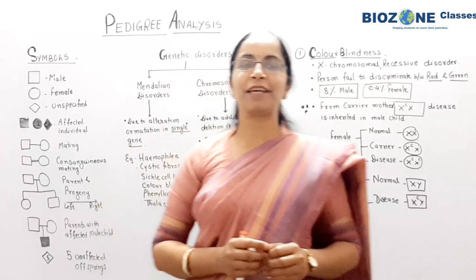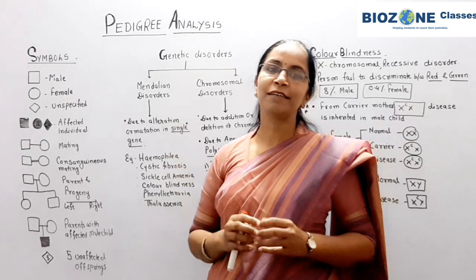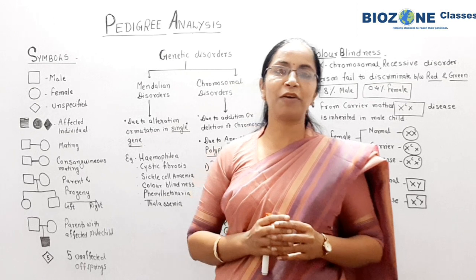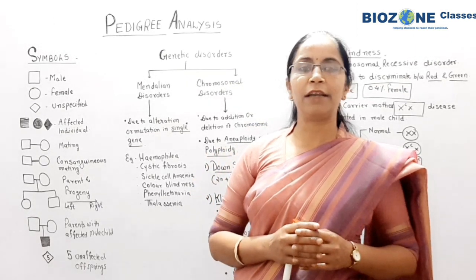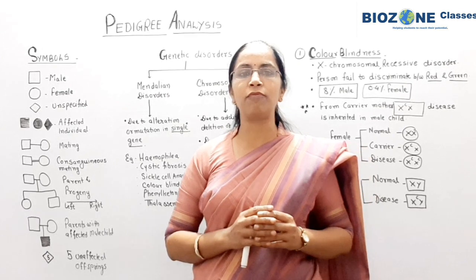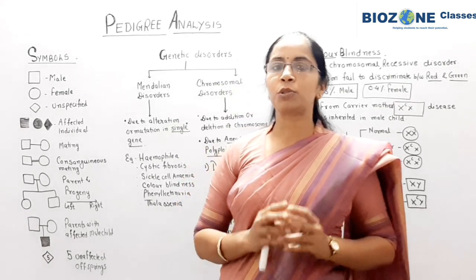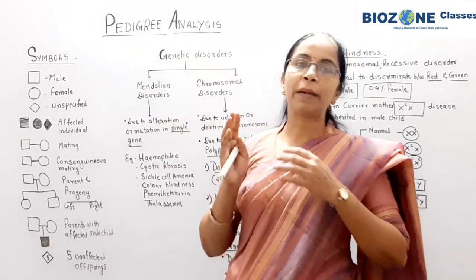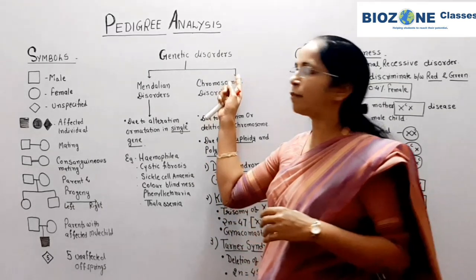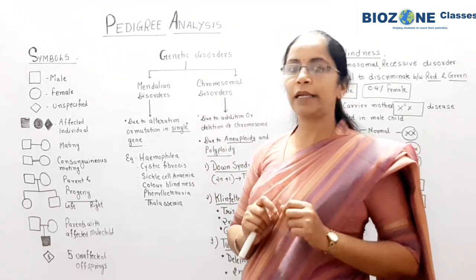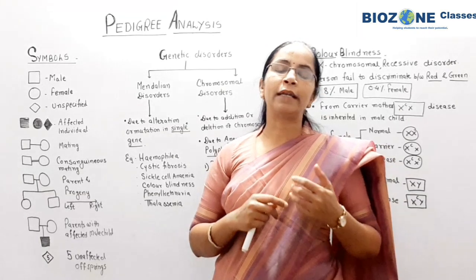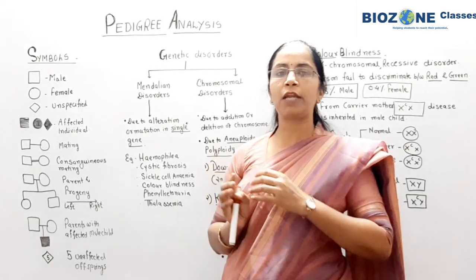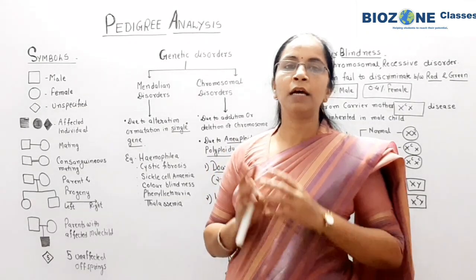So students, let's begin with pedigree analysis. Pedigree analysis we all know. Basically we use it for the study of the pattern of genetic inheritance in the family history of a particular disease. So when we use the term pedigree analysis, remember it is only associated with a particular genetic disease. And secondly, in pedigree analysis, at least 3 or 4 generations we will study for a particular trait or for that particular genetic inheritance.